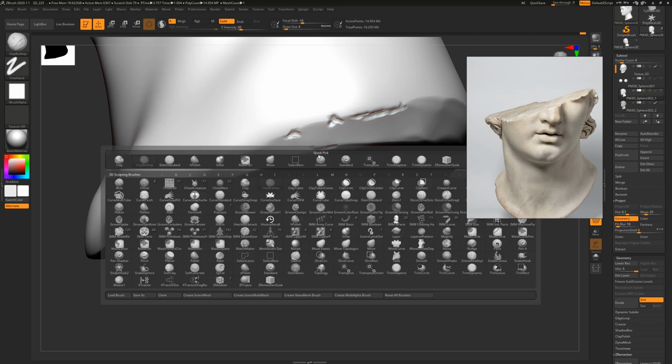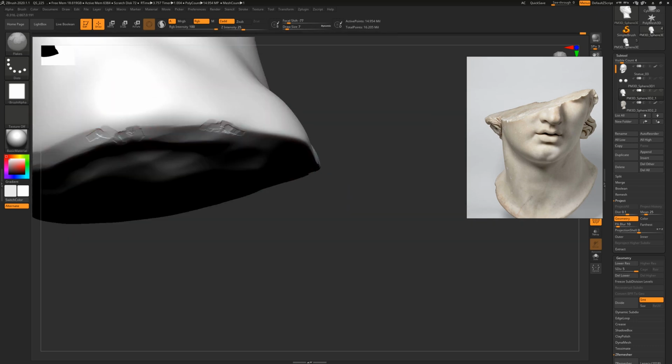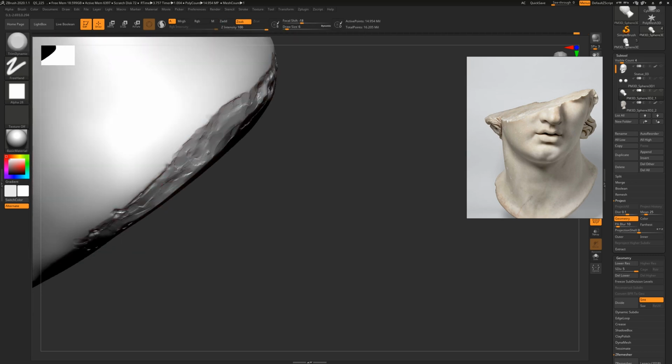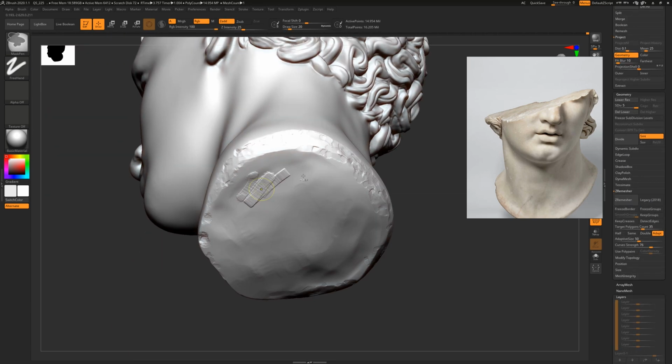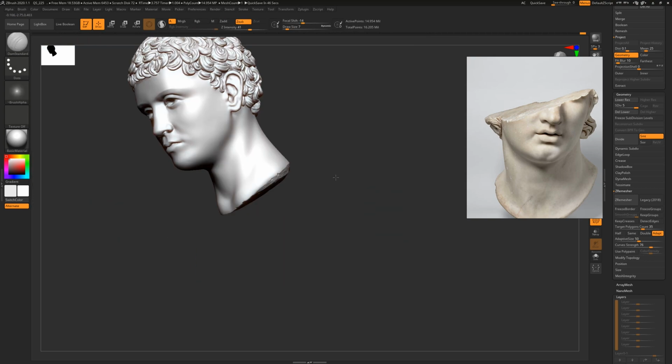One slight problem I found is that when I had symmetry on, while the topology was symmetrical, the hair would also become symmetrical, and it would ruin it. So I ended up having to do it without symmetry on. It was the whole thing. I didn't enjoy it. Anyway, underneath, just adding some detail,